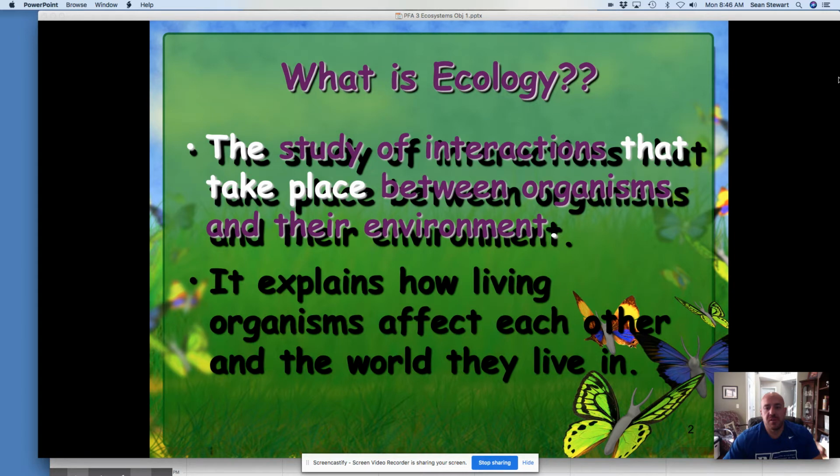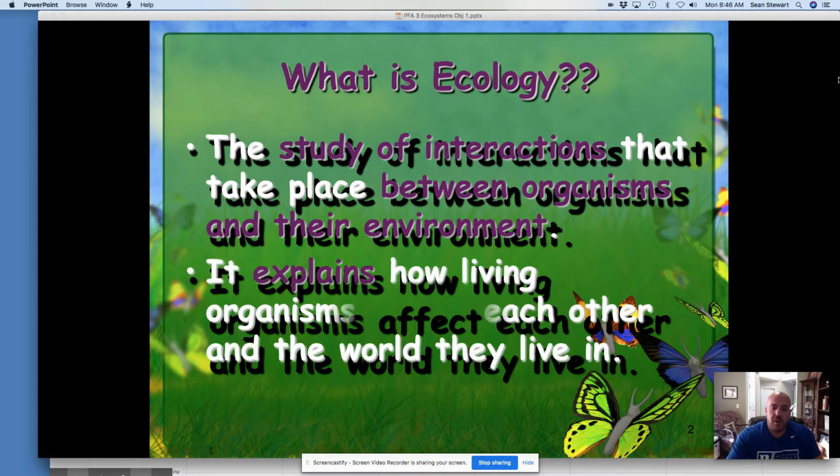Ecology is simply studying how organisms interact with their environment. So it's not just studying life itself, like biology. We have to consider their environment. So it's very relatable to conservation. When we're talking about conservation efforts, we focus on the animals, plants, and where they live. Well, ecology studies how organisms interact with their environment. It also explains how they affect each other, so kind of like food chain, food web, habitat, niche stuff we'll get into today.